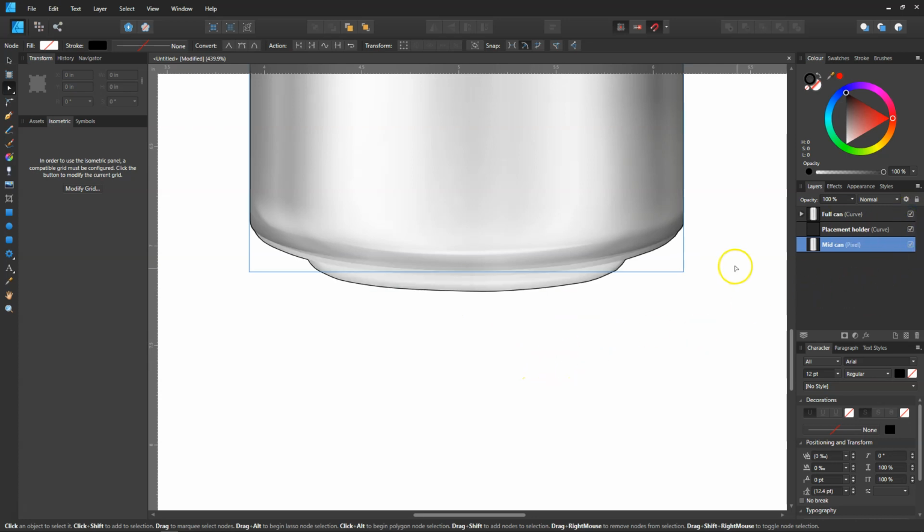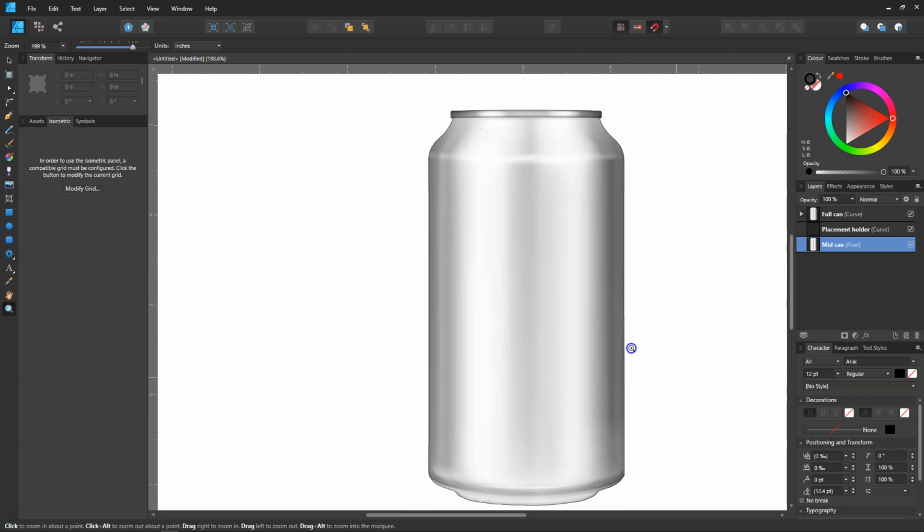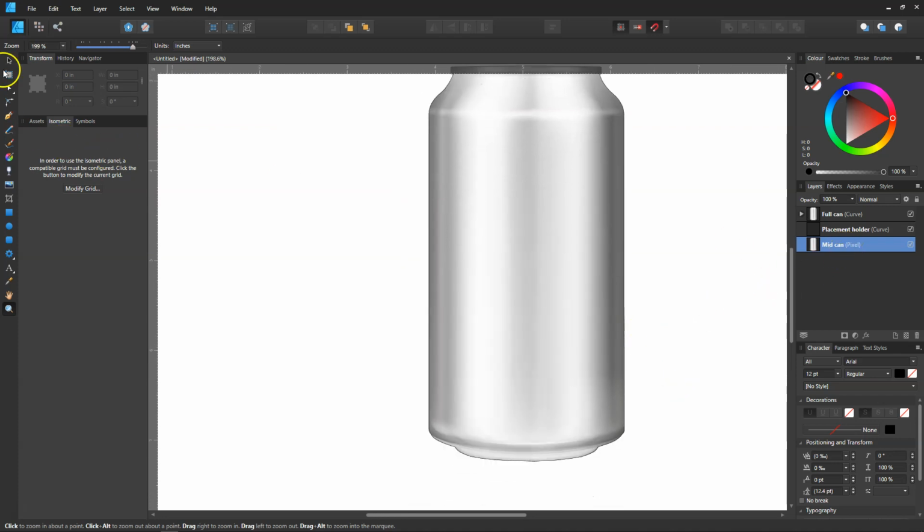So I'll zoom out to get our full image. Now what I'm going to do is jump the mid can again. Now I'm going to drag that and place it into there, and I'm going to rename my mid can into colour